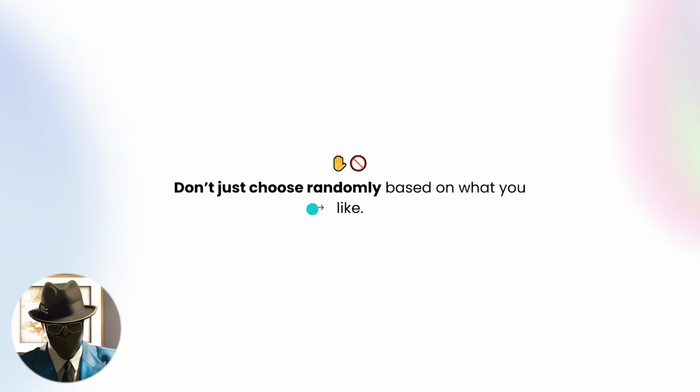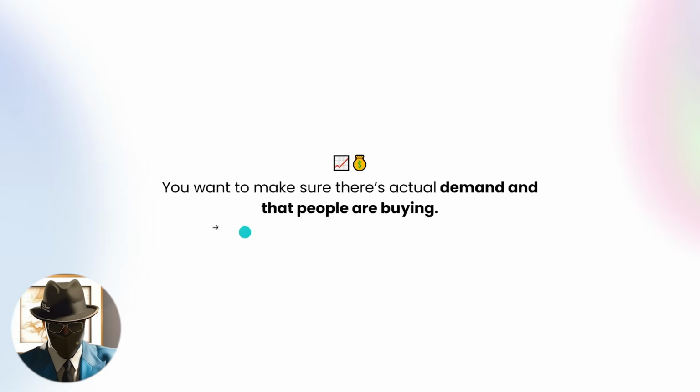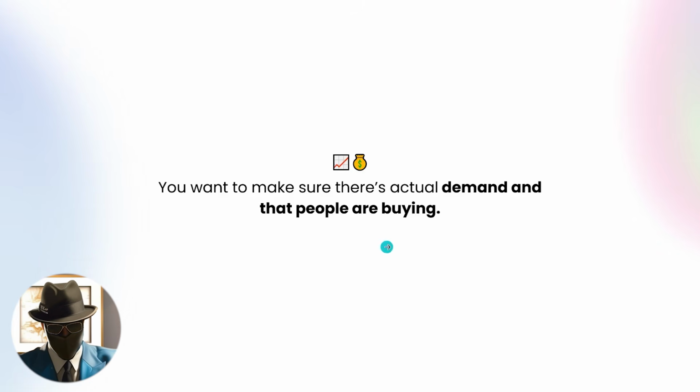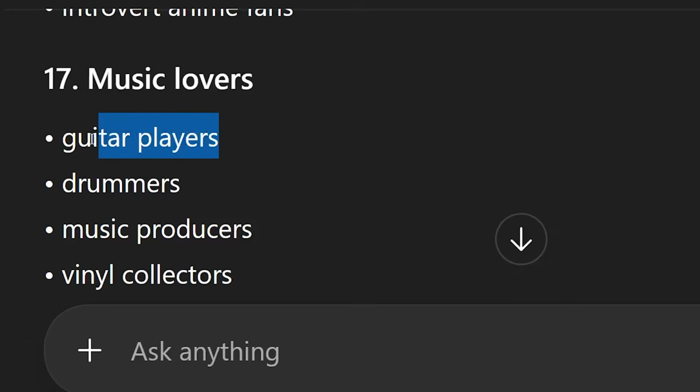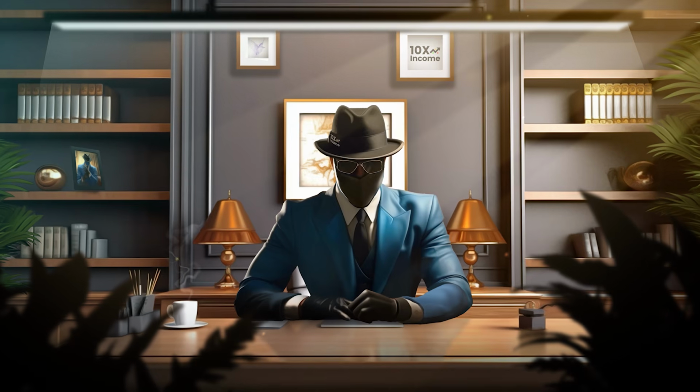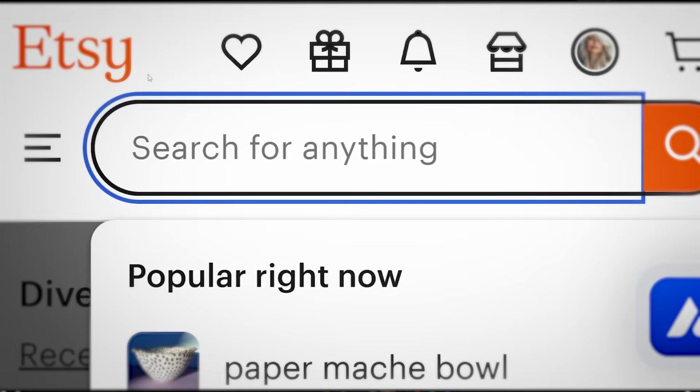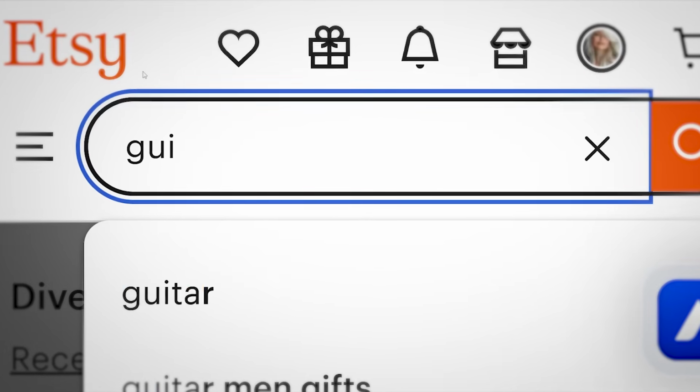But don't just choose randomly based on what you like. You want to also make sure there's actual demand and that people are spending money in this niche. So let's move on and see how to validate your niche and confirm that people are actually buying it. Let's take the guitar player's niche as an example. And one of my go-to ways to verify is to just go on Etsy and type in your niche, like